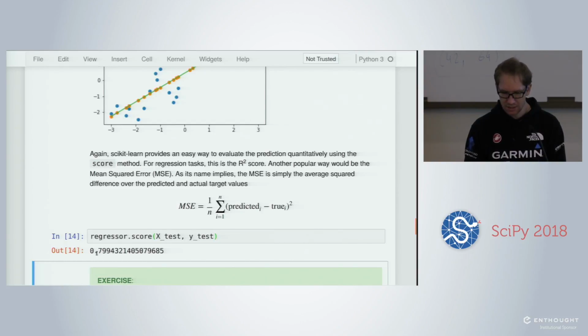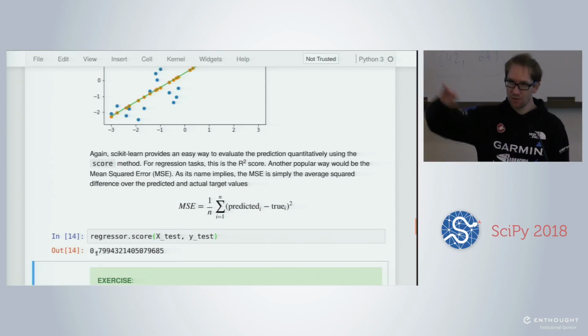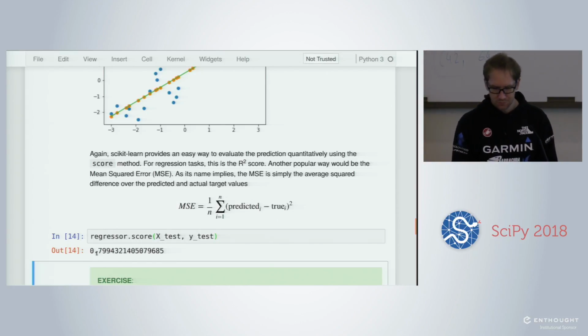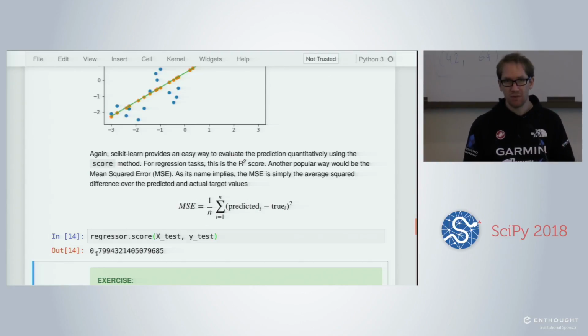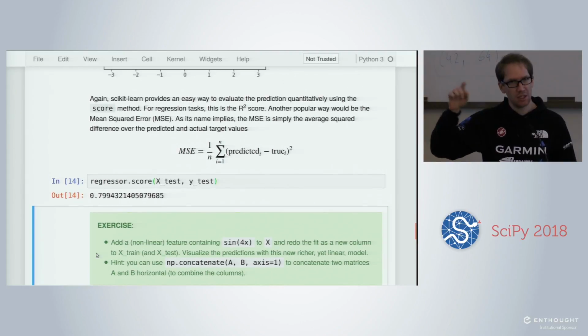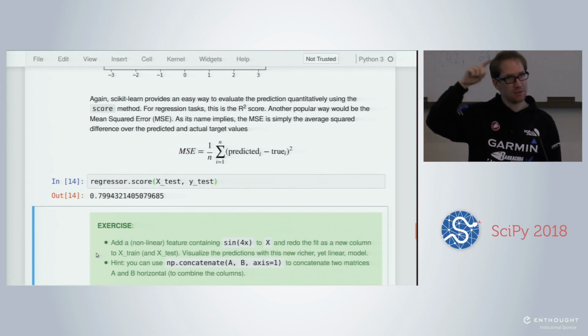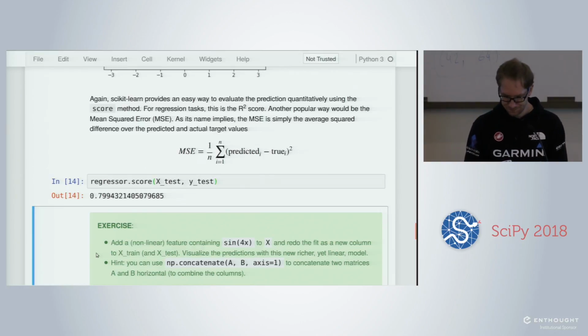That's our real data, and the line that we just found crosses the data in the middle. So you see that with linear regression, we are not able, simply with this data, to find the non-linearity of the sine. We find the linear trend of the x, but we don't find the non-linearity.